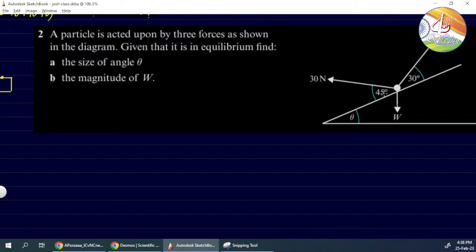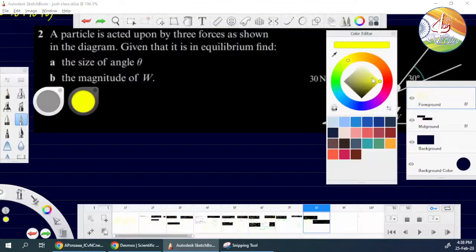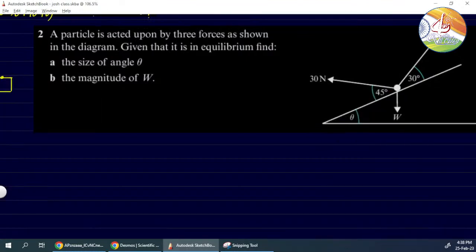So are we supposed to take any normal reaction here? No, we should not take it. So we are supposed to find the angle theta. Angle theta and W are unknown. Alright, so let's take up,